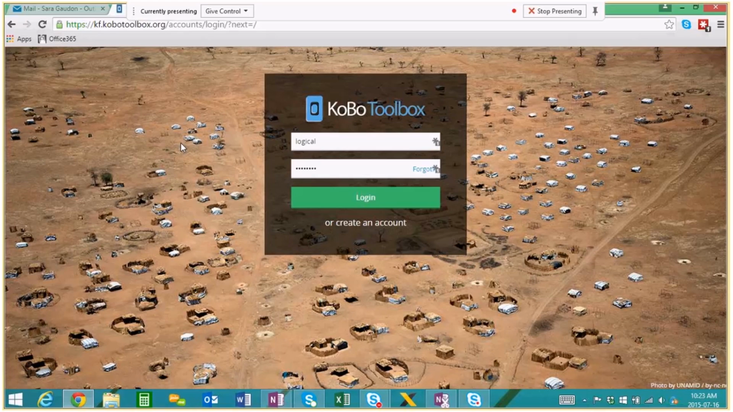So at Logical Outcomes, we're getting into using DHIS, District Health Information Software. So we use this KoBo Toolbox as the survey tool, and then we're shooting our data into DHIS to do the analysis. So if you want more on that, you could visit our website,